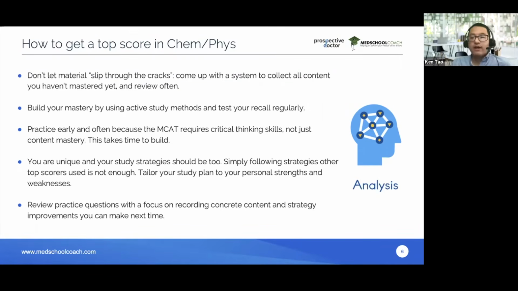So for example, a question might mention something about vasodilation, right? So if it mentions vasodilation, you're going to get multiple answer choices related to vasodilation. Something you want to be able to do is recognize what you're supposed to know about vasodilation for the MCAT and what you aren't supposed to know, right? So if you were to do this and have a good card on vasodilation, it would probably have the following.